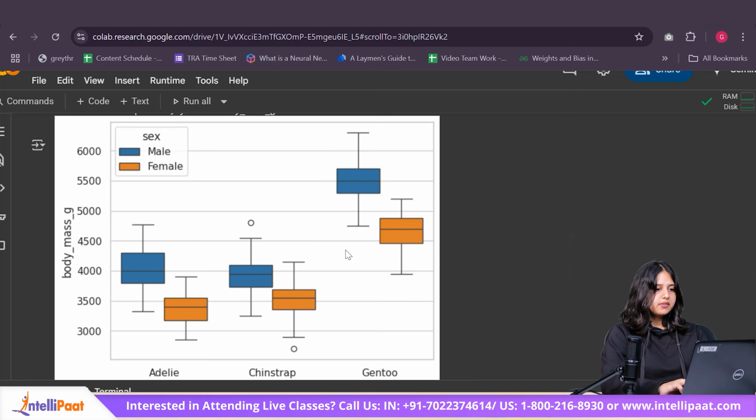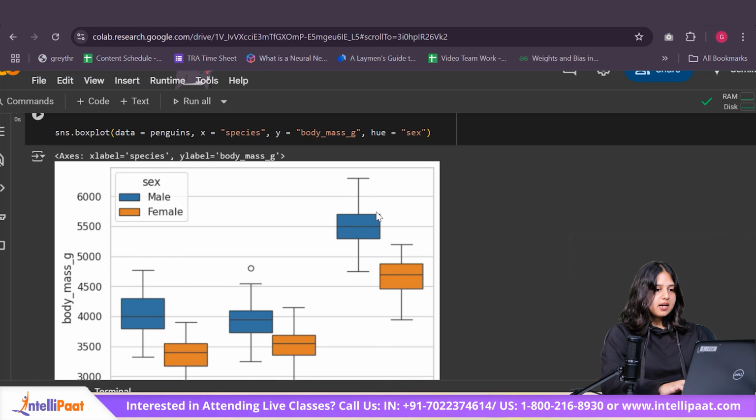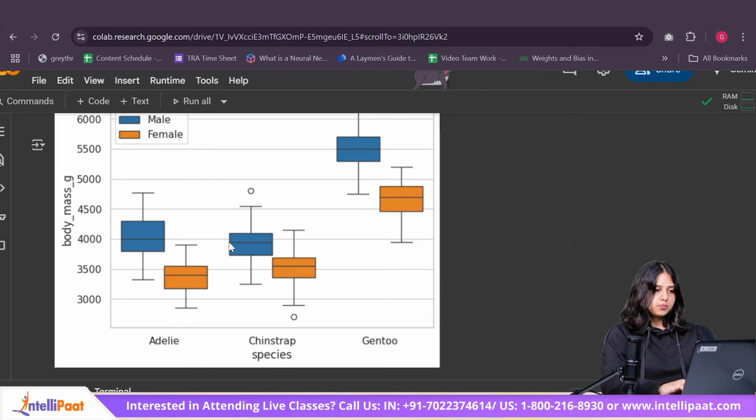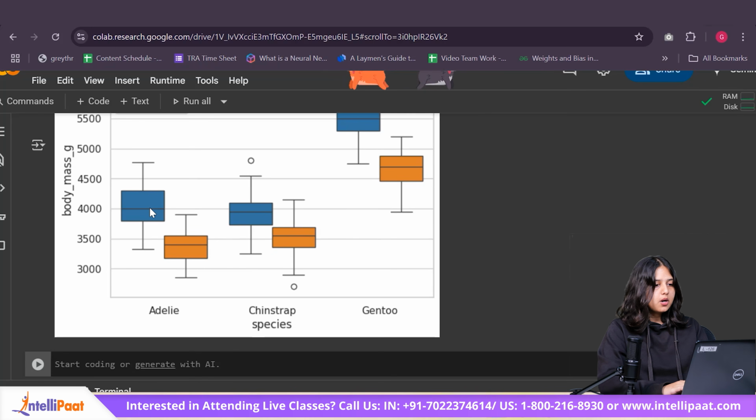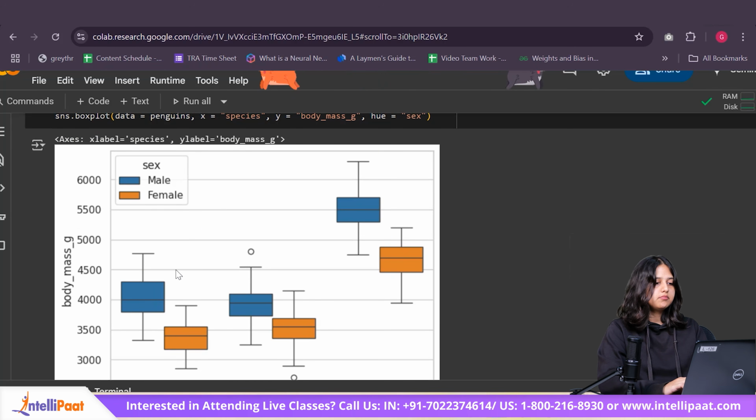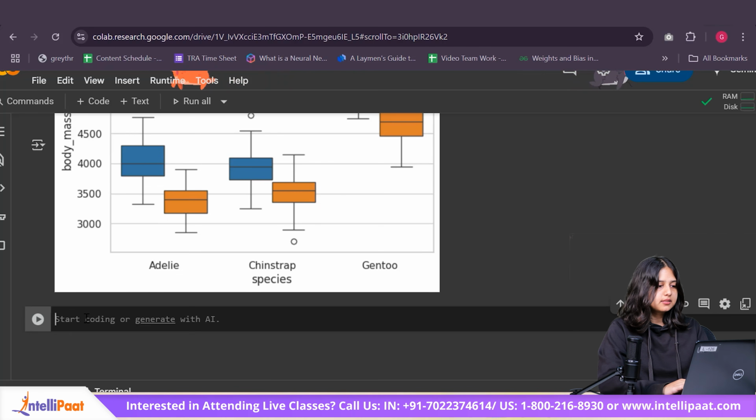Okay, so this is something that we can easily figure out, and we can also see the median values for all the species and male and female respectively. So again, this particular species has an extremely high body mass for both male and female compared to the other 2 species. So we can say the male penguins of these 2 particular groups are pretty much the same as well as the female penguins. Okay, so this is basically what a box plot helps you figure out. You can also go ahead and play around with the palette, the colors, the background, and the other context that we just talked about.